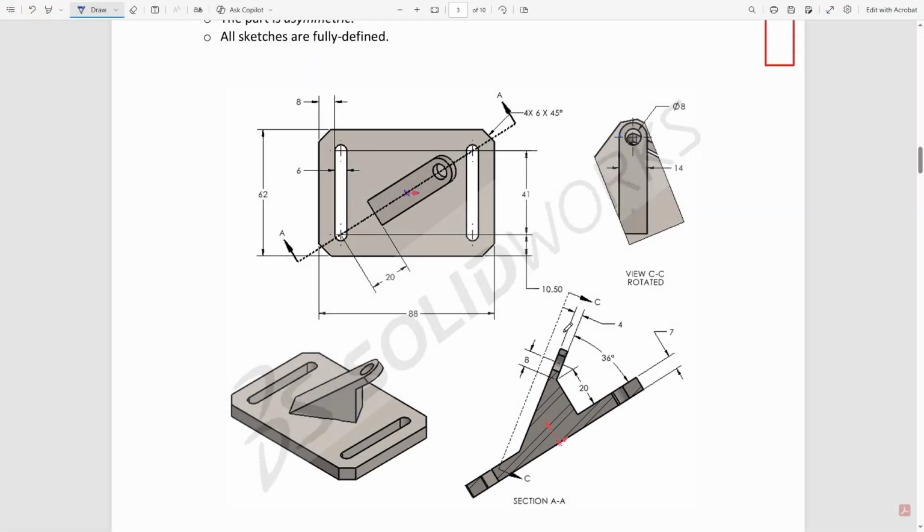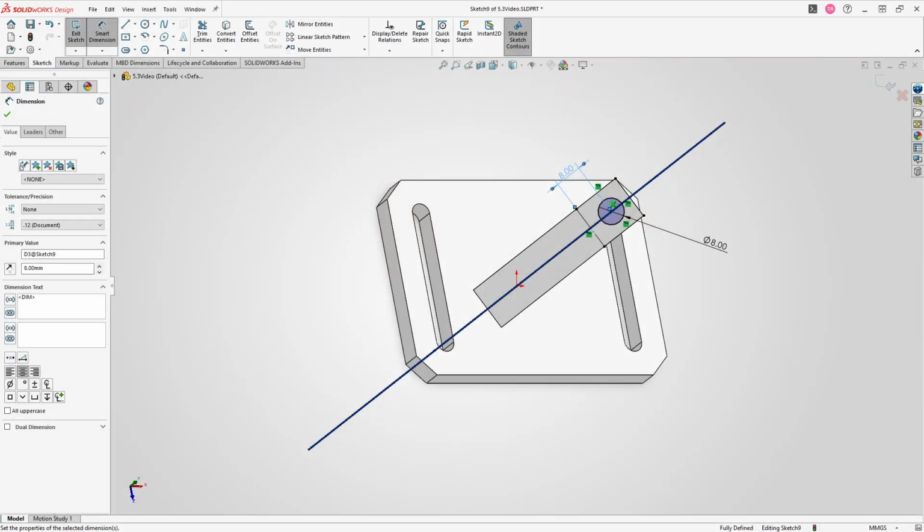From this edge right here, or this vertex in this particular view, out to the center of that circle, that's 8. Okay, good. So we're fully defined again, and now that'll punch the hole,